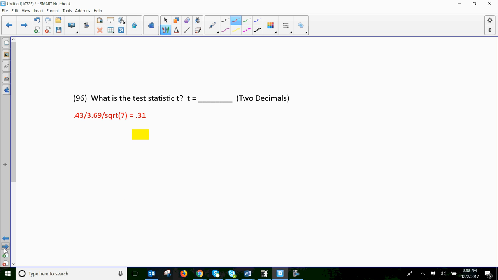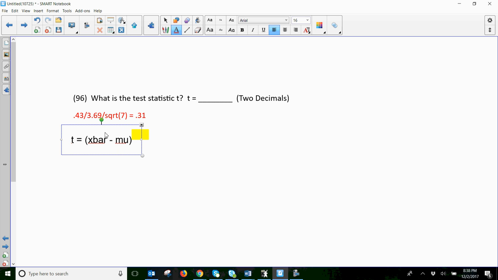All right, on the next slide, 96, we want to calculate the test statistic t. So recall, it's the same thing we did in the previous problem. You've got t equals x bar minus mu, divided by s divided by the square root of n. Okay. So here,